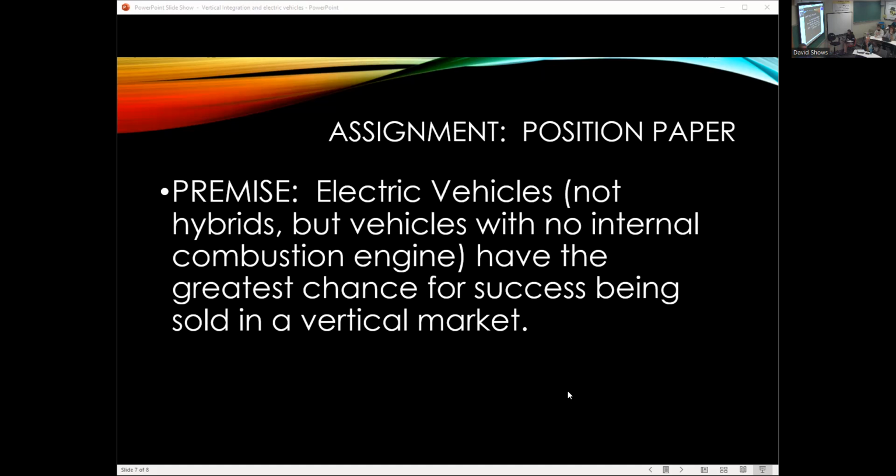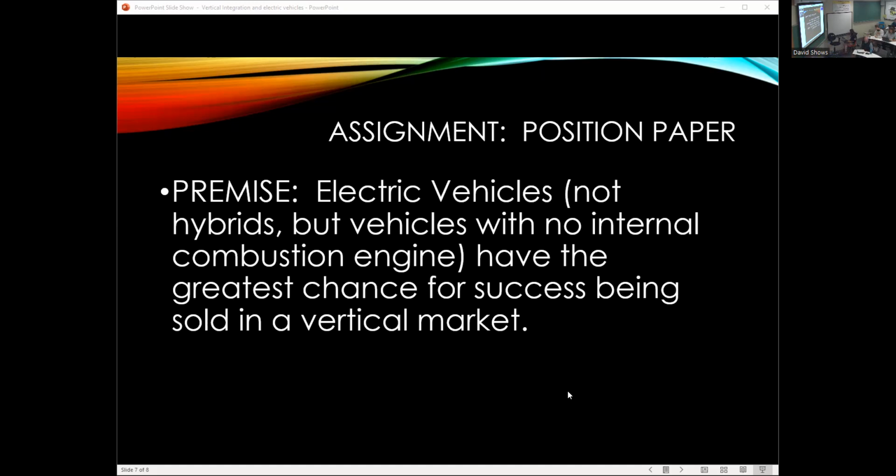So what do you do with a position paper? In your group, you will take this premise and you will decide whether you absolutely agree with it or absolutely disagree with it. There's no batting back and forth. You strongly believe it one way or the other, and you are going to convince me which one is right and which one is not. So how do you take this and come up with an answer? This is a way to do it in your groups.